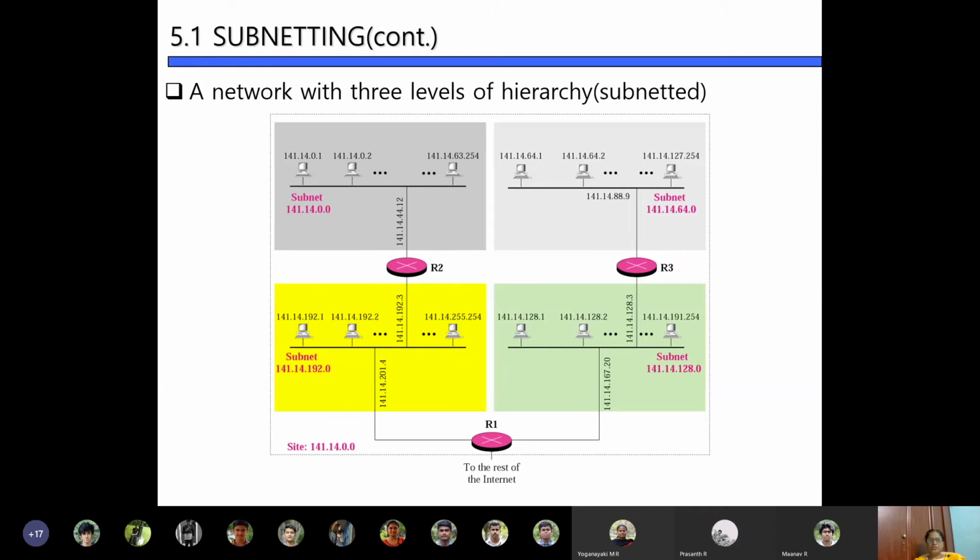So suppose you need only 2 subnets, you can allocate 2 bits from host ID as subnet ID, and you can name one subnet as 01 and another subnet as 10. The first 2 octets will remain the same. You cannot change them. The net ID of the first 2 octets will be the same.